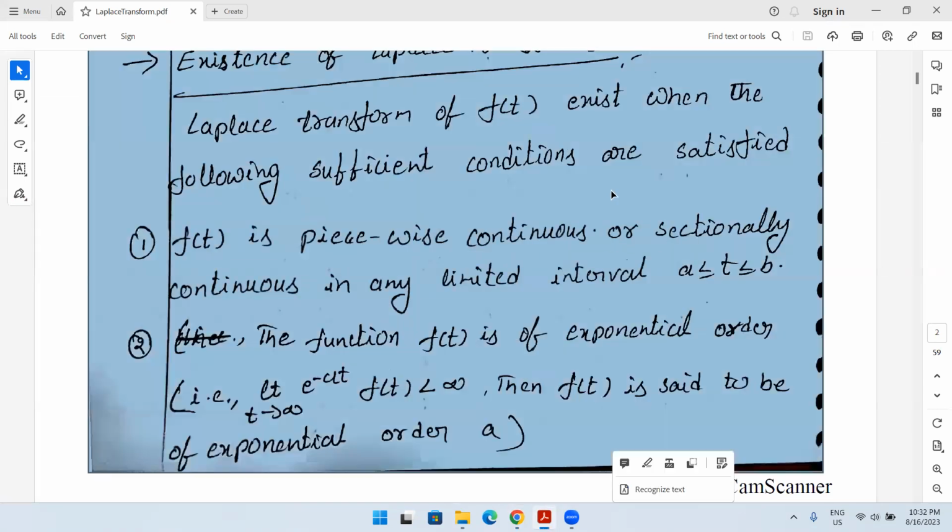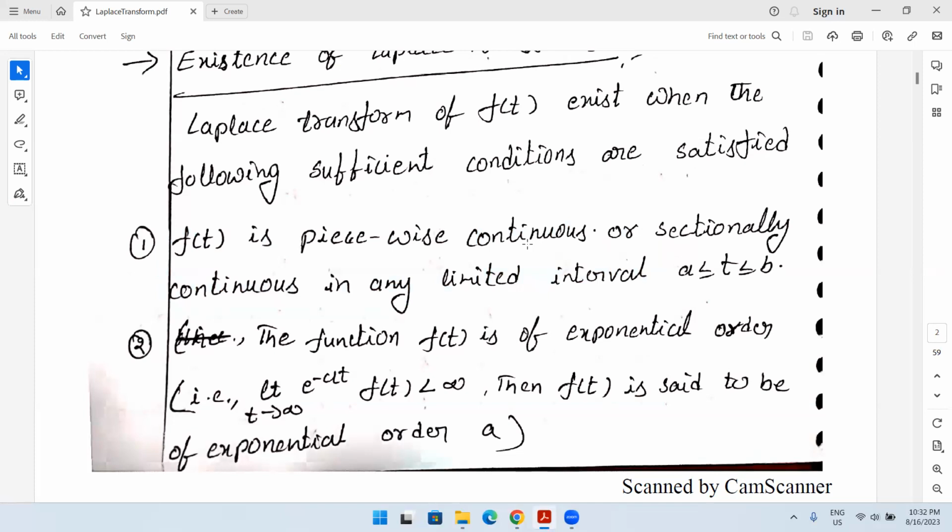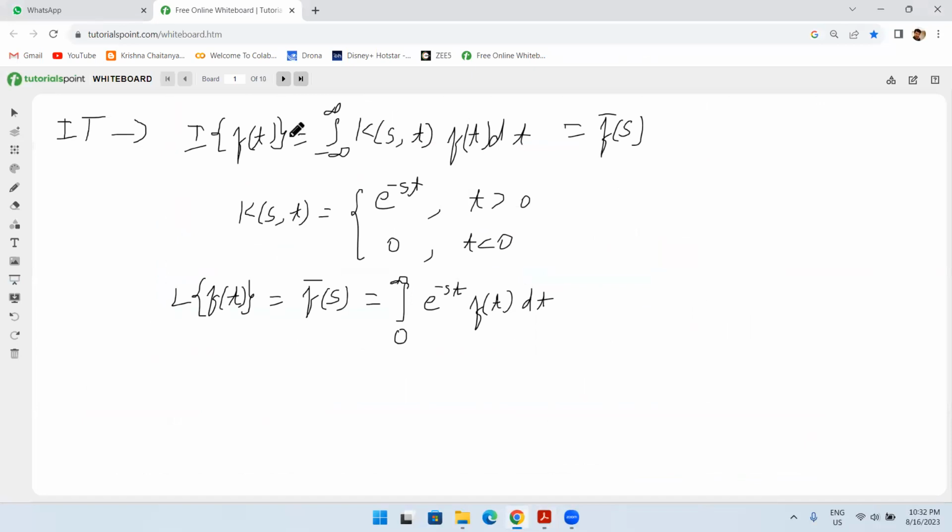You may have heard about continuous functions and discontinuous functions. What about this piecewise continuous? Let us explain this graphically. I'll explain here. If you take a graph of a function, suppose y is equal to f of t, or f of x we can take, with the x-axis and y-axis, and plot this curve y is equal to f of x on a graph,